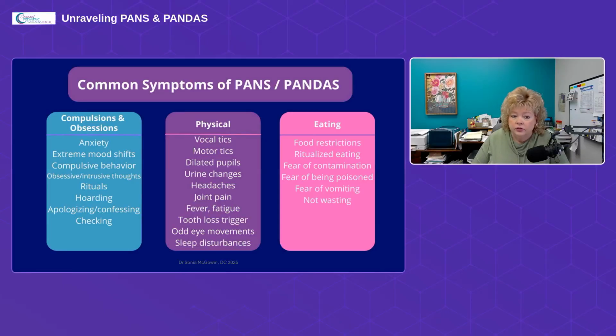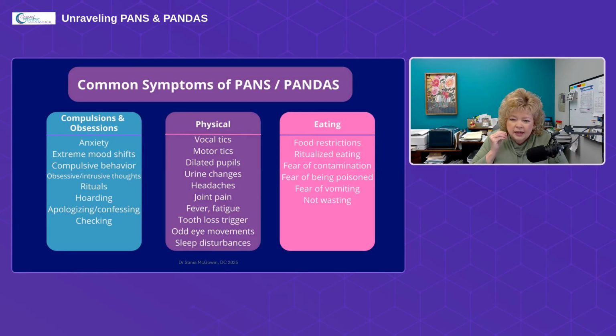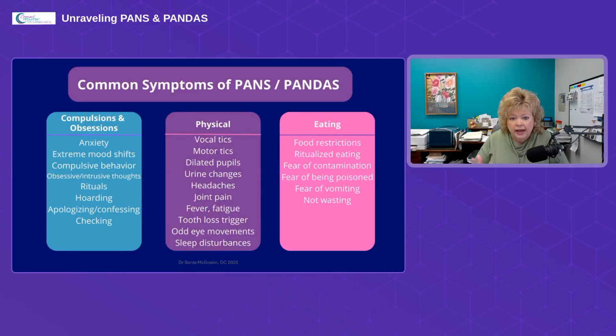And then we see some physical symptoms. So vocal tics, motor tics, the most common ones that we see in clinic are things like throat clearing, sniffing, snorting, things like that are very common. We also see some kids will pinch the skin on their faces, or they'll do certain movements with their mouths or their eyes. Sometimes it's a blink. Sometimes it's a shoulder shrug, gestures with their hands. So both motor and vocal tics are really common.